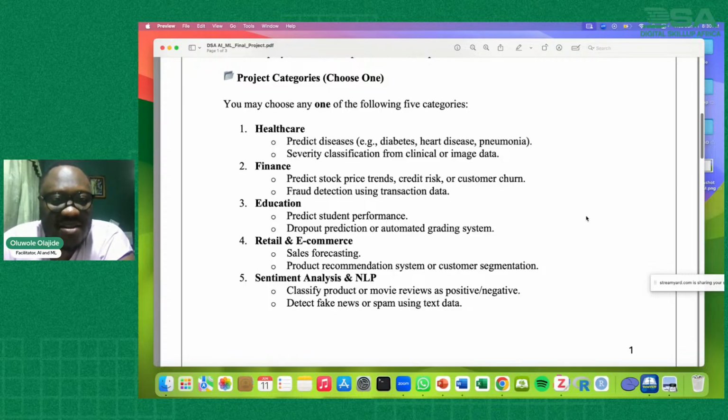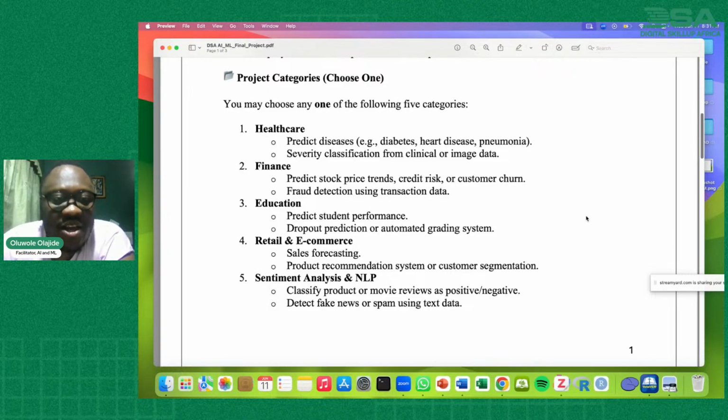Then you have finance. You can predict stock price trend, credit risk, or customer churn. You can do fraud detection using transaction data, so look for the problem. You can do an educational model which will predict student performance, or dropout prediction, or an automated grading system.